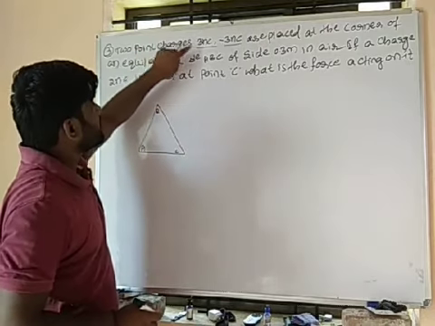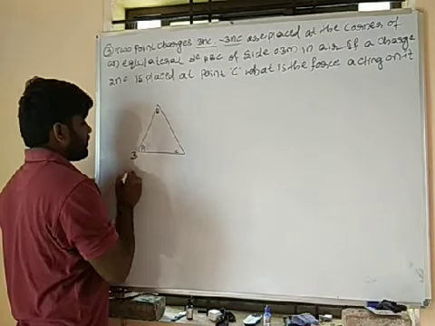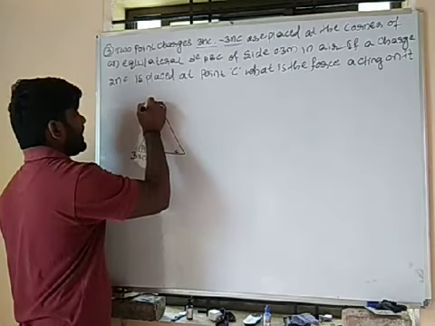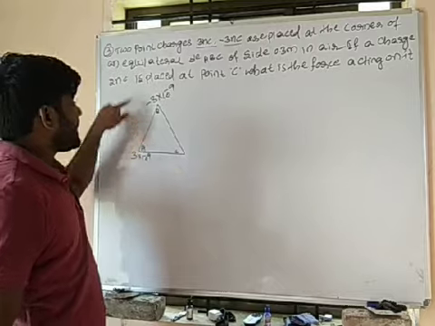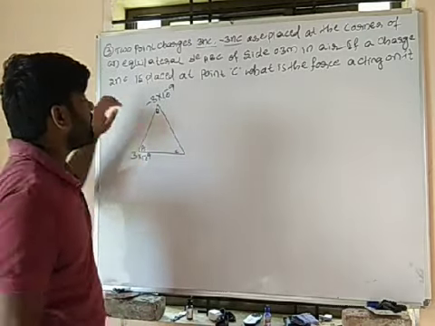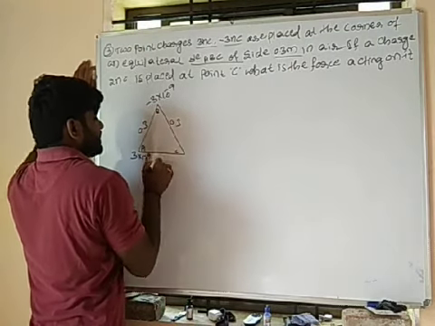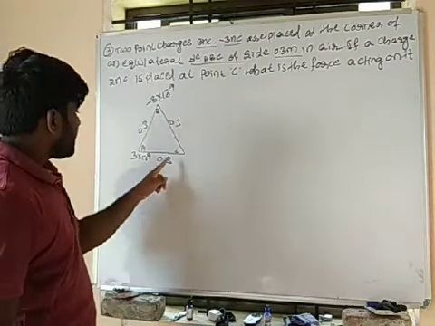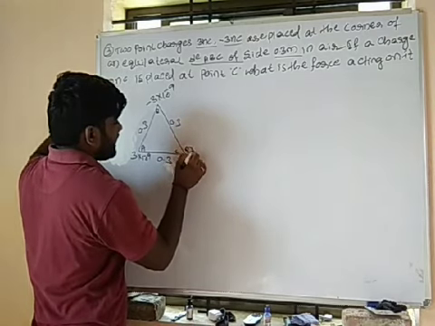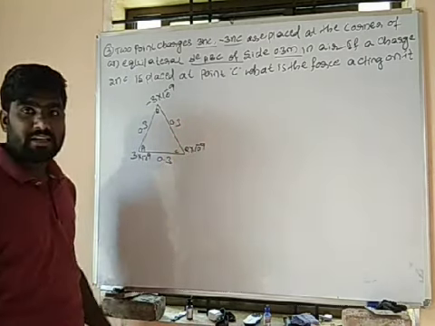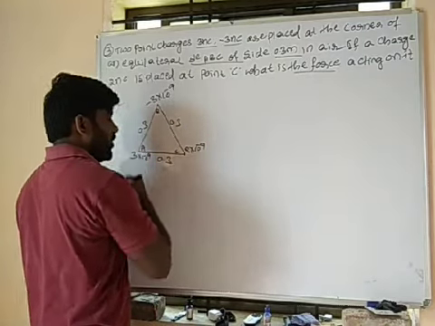Okay. Two point charges of 3 nanocoulomb and minus 3 nanocoulomb. I am taking 3 nanocoulomb, 3 into 10 to the power minus 9. Again here 3 into 10 to the power minus 9 are placed at the corners of an equilateral triangle. It means theta must be 60 degree. Okay. Triangle ABC, side must be 0.3. All 3 sides are 0.3. Then at point C, if I keep 2 nanocoulomb, it means here I am keeping 2 into 10 to the power minus 9. Nano means minus 9. So I want to calculate the net force on point C.